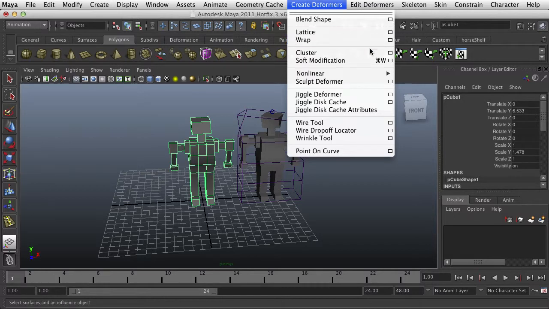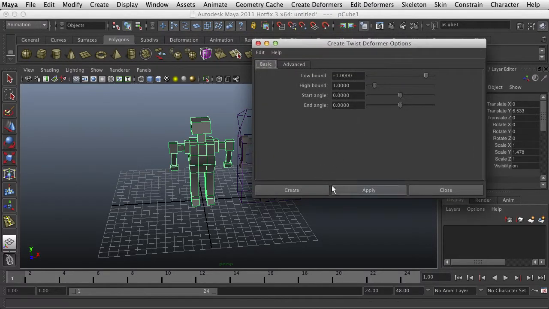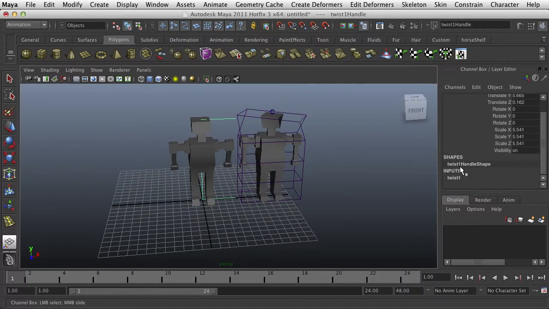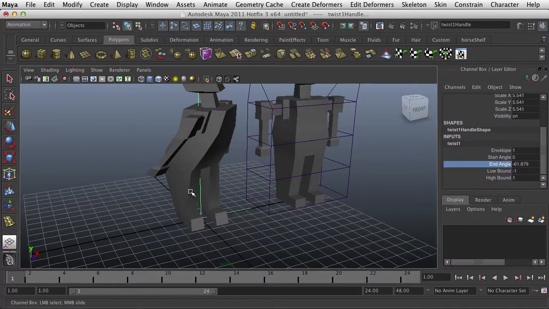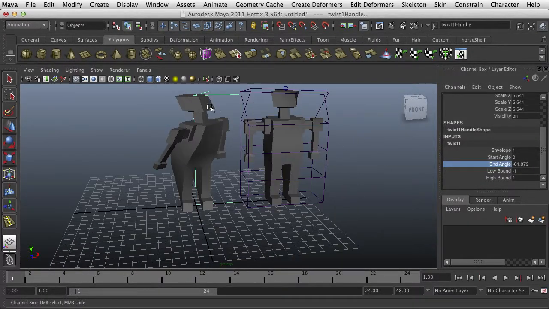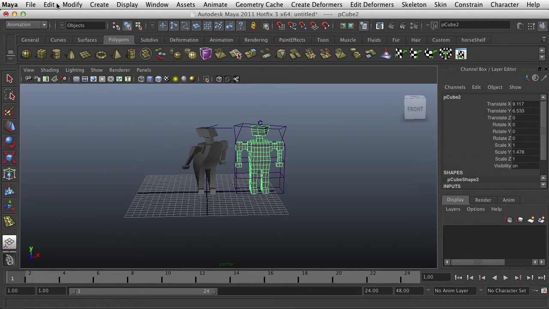There is a twist, and I'm going to create a twist on the geometry, and the attributes are going to be in your input. So start angle, end angle. So I'm twisting this, and the more geometry you have, the smoother this twist is going to be. So if you only have one plane or one face from top to bottom, you're not going to get this twisting motion. So I'm going to delete his history